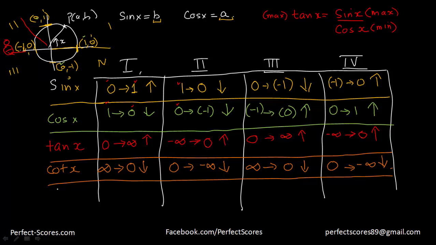Now let's go ahead and find it for cosecant x. Now what is cosecant x? Cosecant x is nothing but the reciprocal of sine x. Now if the value of sine x is equal to 0, or the value of sine x is equal